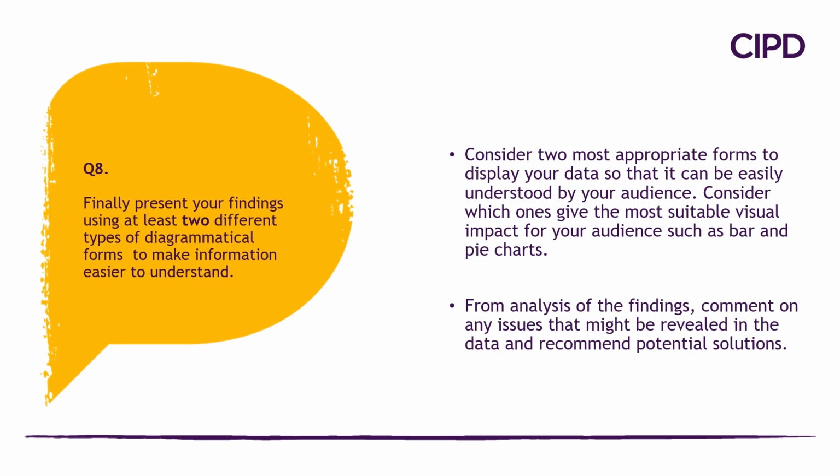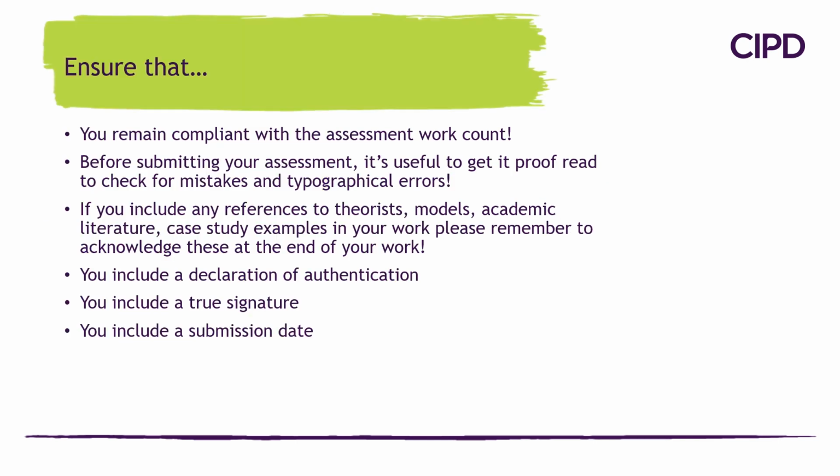Consider which ones give you the most suitable visual impact for your audience, such as bar charts and pie charts. From the analysis of the findings, comment on any issues that might be revealed in the data and recommend potential solutions. So that concludes the overview of the 8 questions for this assignment,